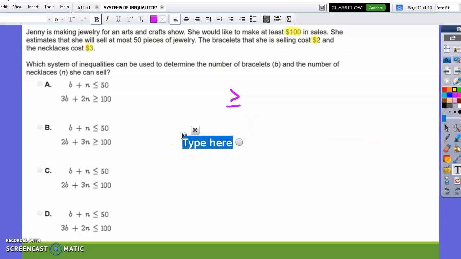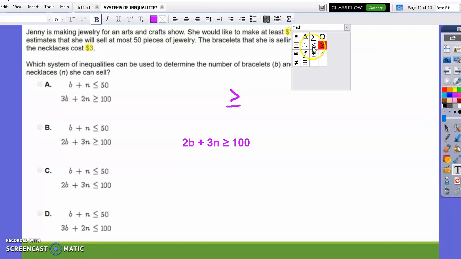So she sells $2 per bracelet, $3 per necklace, and she wants the total amount of these sales to be at least, is greater than or equal to, $100. All right, so that's not so bad. She wants to sell at most 50 pieces of jewelry. So at most, what we learned